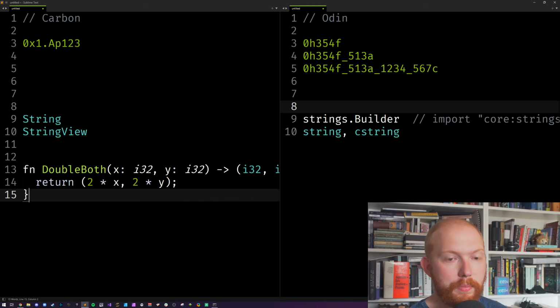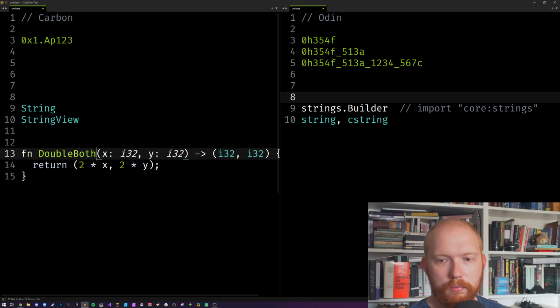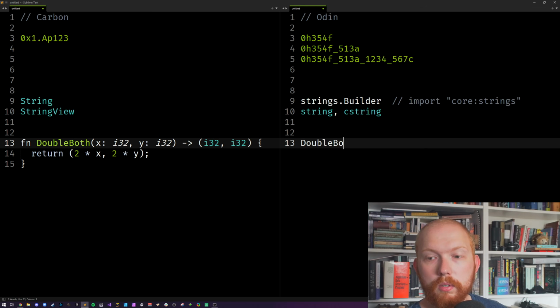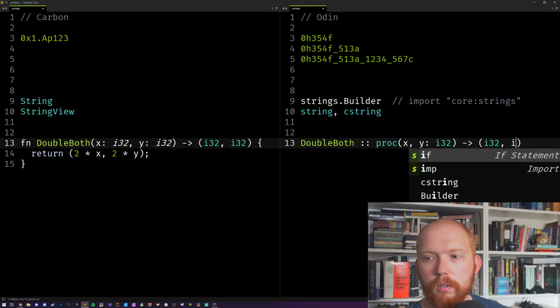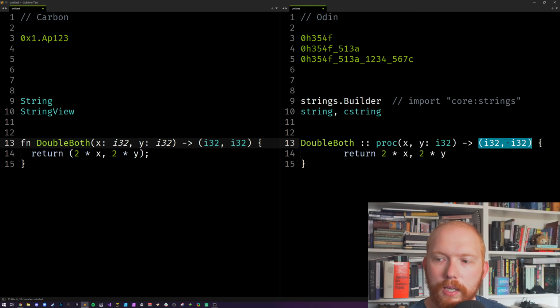So if I just copy and paste this code block here, let's make this a little bit smaller so you can see everything. There we go. And let's write the equivalent in Odin, using double, both, and then we're just going to do the exact same syntax, even the same spacing on everything. And there we go. That's the Odin equivalent. Now, this looks like it is a tuple, but it isn't. It's just multiple return values, nothing special about it. This is similar to how Go does things, by the way.